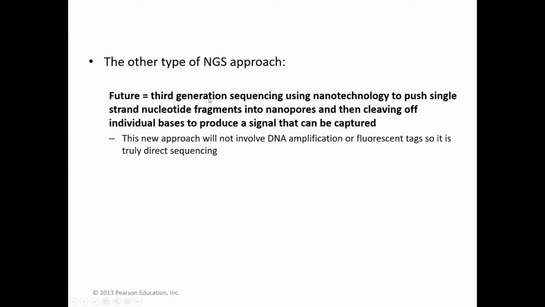Okay, so this is direct sequencing. That's third generation sequencing, but the quality is still not stable, so it's not popular yet. And so for now, NGS, next generation sequencing, is the most powerful and most commonly used